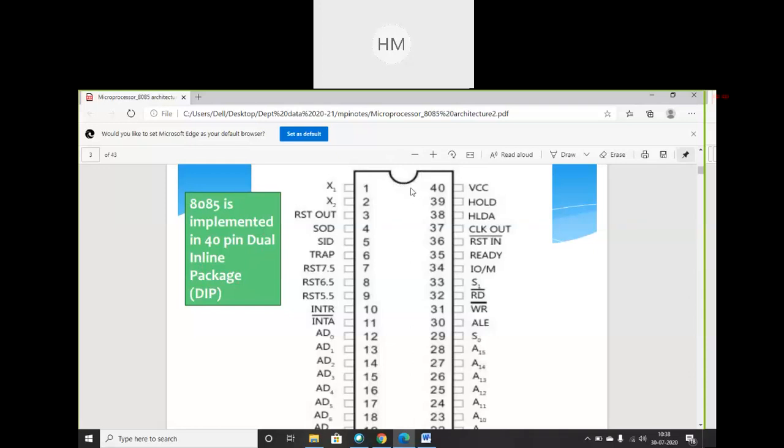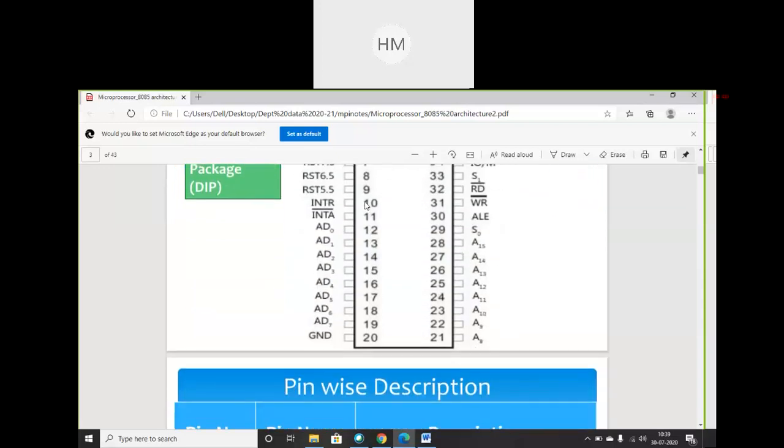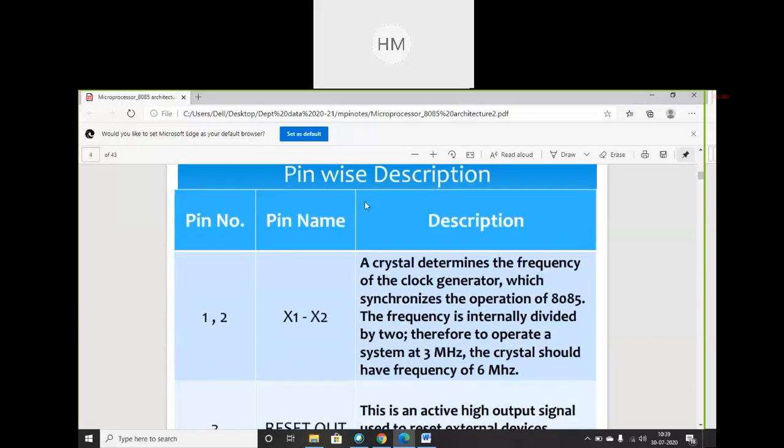Okay, pin number 1, from where do I have to start reading the IC? This notch tells you that. Clear? This notch tells you that. Okay, and from this notch, in some ICs there is a dot mark on the left side. That tells you that pin number 1 starts from there. So by looking at the IC, you should be able to identify which pin number is which, and from where pin number 1 should start. So this is clear. Now we will discuss the pin wise description.